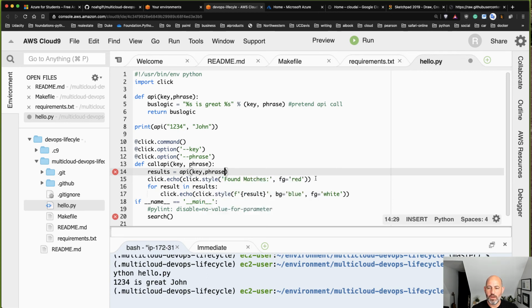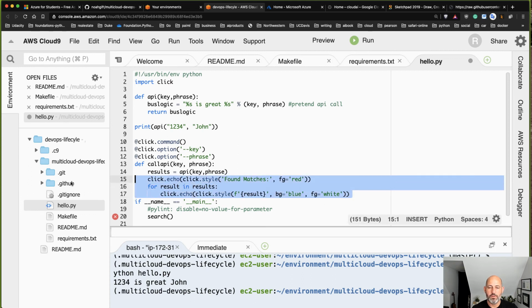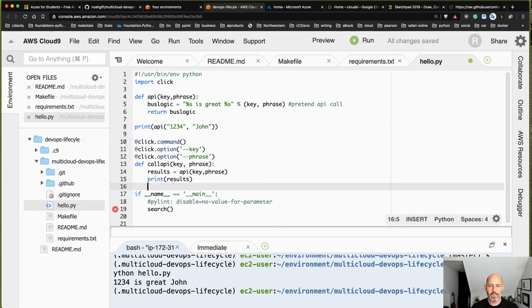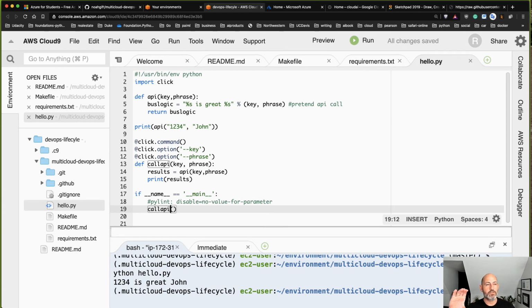And then what we would do is that's it. That's literally all we would do. And in fact, we could just say print results, just like that. So it basically does almost nothing. Like this is like 10 lines of code. Now, this call API here, we want to fix this because it needs to be the same thing, like that. There you go. So this is an incredibly simple, basic command line tool that does almost nothing, except for it